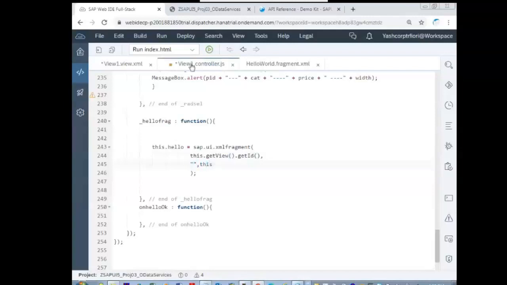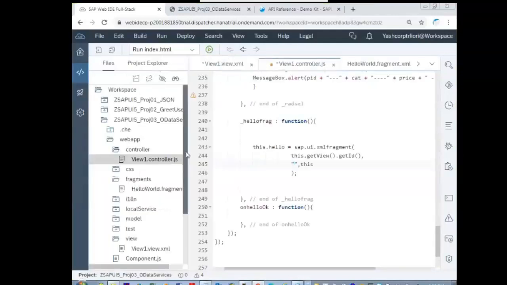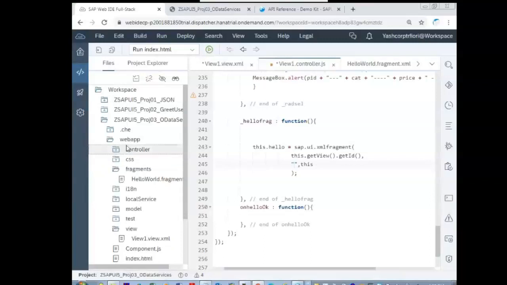So where is the hello world.fragment.xml residing? It is residing inside the webapp, inside the fragments folder. Okay, so webapp.fragments.helloworld. Physical folder creation is not allowed. Sorry, physical folder you should not give it. So that physical folder is called the namespace.